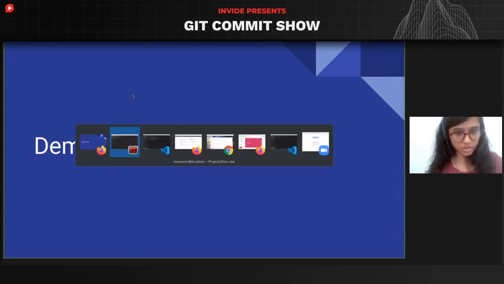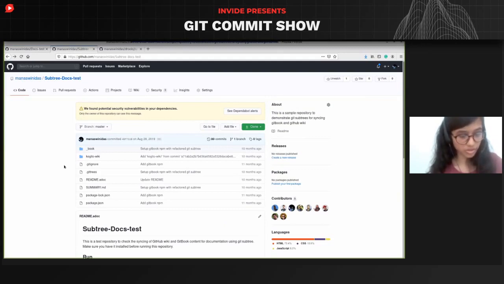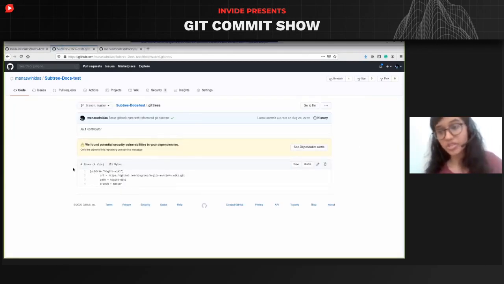So demo time, let me just quickly walk you through one project I created using Git subtrees. Same as Git submodules, if you want to know whether a project contains a Git subtree or not, you can go to the .gitree config file. But I would like to state here that the Git subtree version with the .gitree config file is not something that's directly supported by the default Git package.